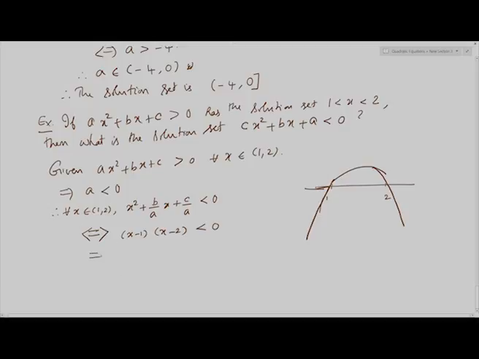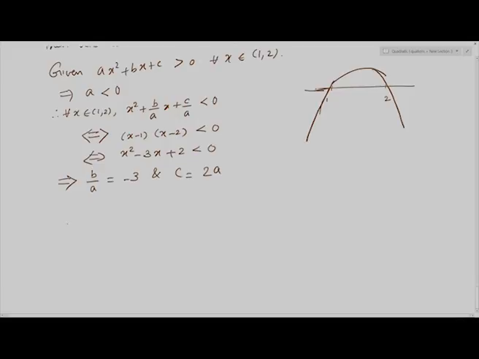This is if and only if, expanding it, x square minus 3x plus 2 less than 0. Now I can compare the coefficients. This forces b by a to be equal to minus 3, and c by a is equal to 2, therefore c is equal to 2a, and note that a is negative. This is the information we have got. Now let us look at the other inequality in question,